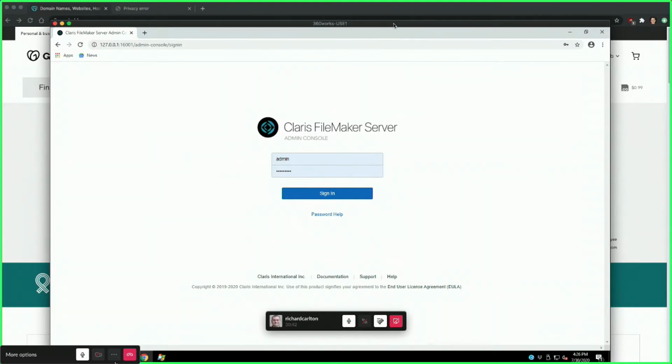Why do I need one? Why do I want one? Those are great questions. So out of the box, FileMaker does actually ship, and I believe I misstated this on